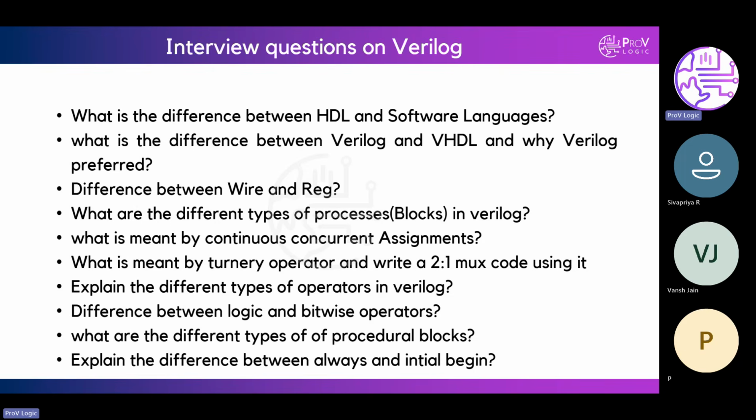Can you explain the difference between logical operators and bitwise operators?